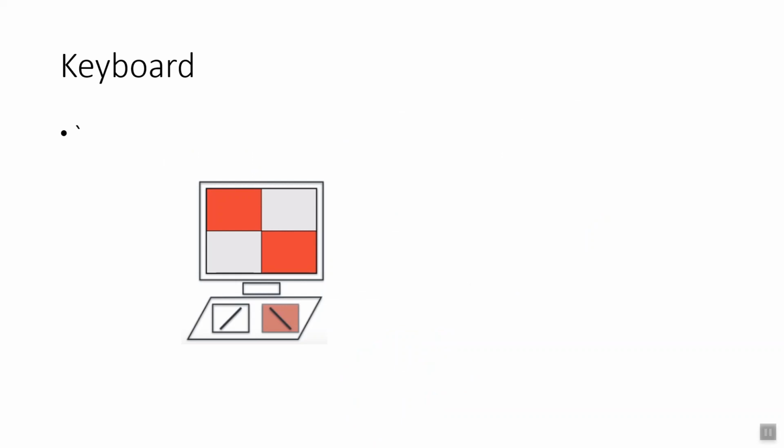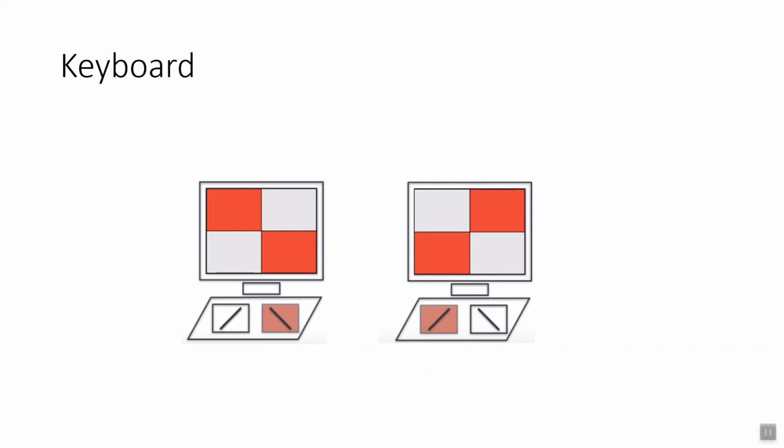So here we have the keyboard of the computer. If we press the right key, which is the backward slash, this is what happens on the screen. It draws the backward slash with these pixels. And the second one, if we press the left key, that is the forward slash, it is going to give the pixels of the forward slash.